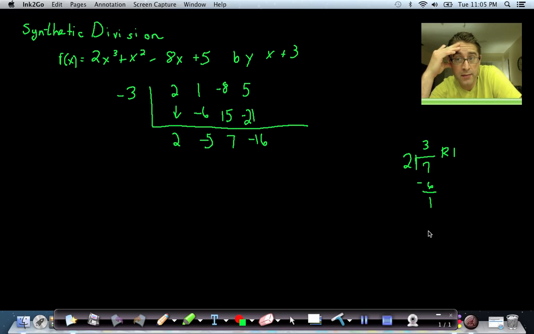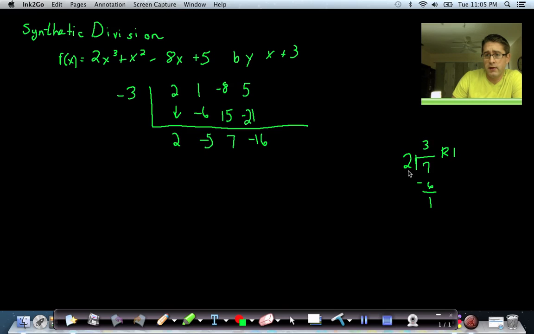It's kind of the same. In middle school, you learn to say, hey, we got 3 and remainder 1 over the divisor, which is 2, which is 3 and 1/2. Or if we got really sophisticated, we call it 3.5, right? And those were all acceptable answers. Well, we're actually going to go back old school here, and that's kind of what we're going to do over here with the synthetic division. Check this out. We have 2, -5, 7, -16, and this remainder thing. Well, the remainder is that